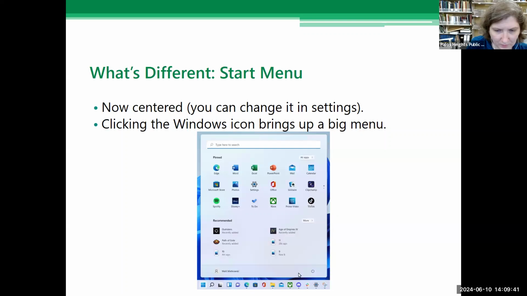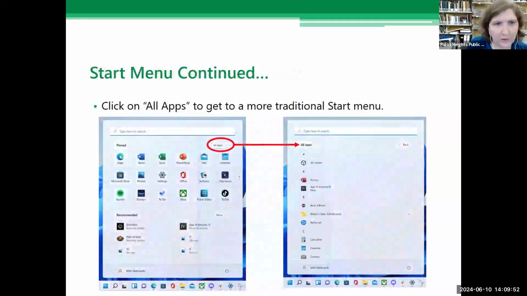And then the power icon is also on the bottom right there. Start menu continued.